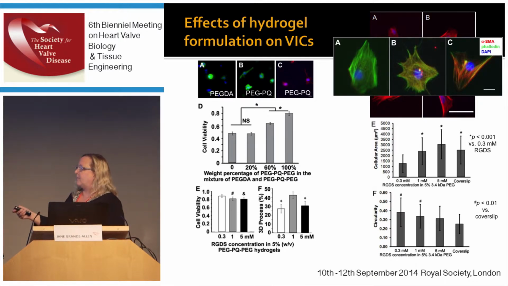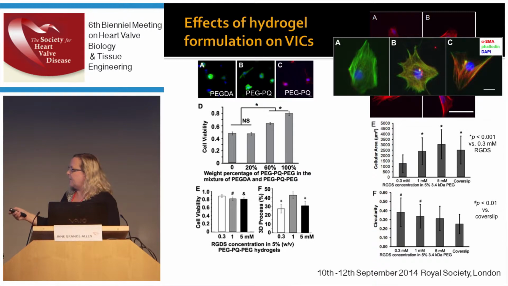And so if we just grow VICs, valvular interstitial cells, in polyethylene glycol diacrylate that is not biodegradable, the cells will stay very round. But once you add in the degradable collagenase-sensitive sequence so that the cells can degrade it, they start to spread out and migrate. And over time also in some cases express smooth muscle alpha actin. So the viability really increases as you increase to have a much more degradable